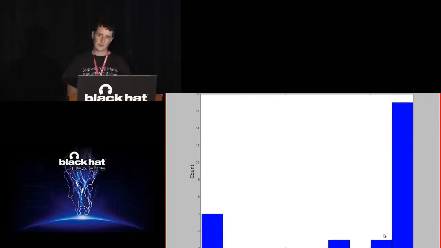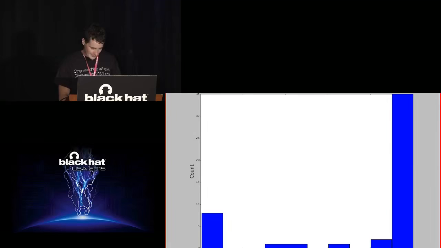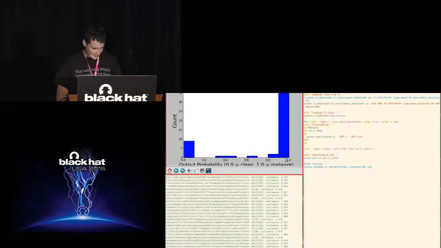We're looking at the model's output probability, right? So you feed in a sample, then you get some output probability as to whether or not it's malware. If it's 0, then it's probably good. If it's 1, it's probably bad. So we're counting things up. We're seeing that we have a lot of detections at 1. So the 1 will be on the right and 0 on the left. Oh, yikes. The numbers are cut off. Sorry about that.